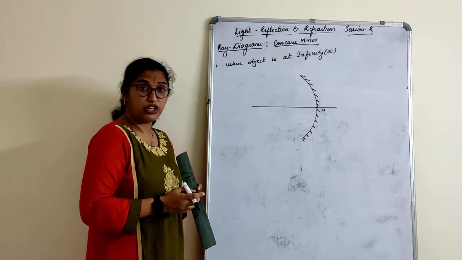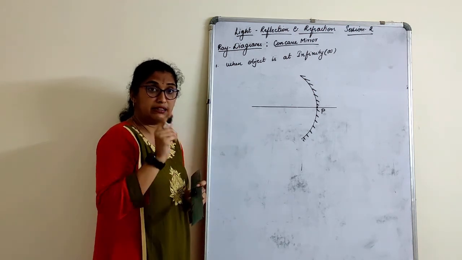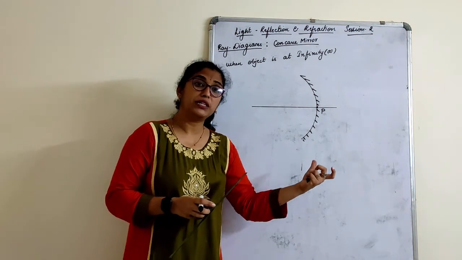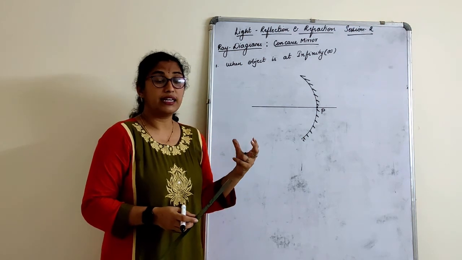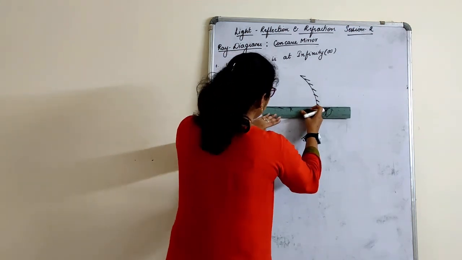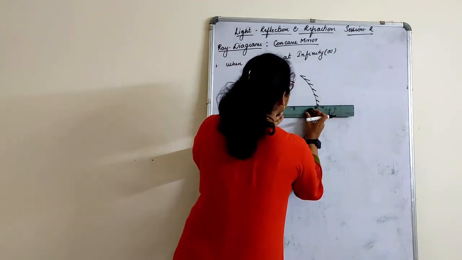Then we have to mark the curvature and the focus. On assumption we cannot mark anything. There should be a typical radius for that. Nowhere in the book is it given what the radius should be, but for an accurate ray diagram, we choose certain points. What we usually do here is first mark it for 4 centimeter.